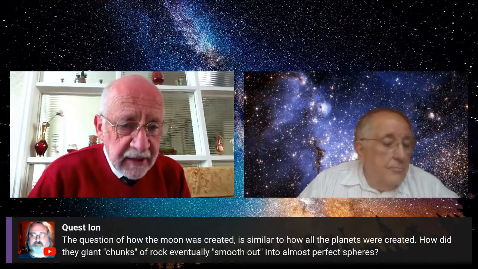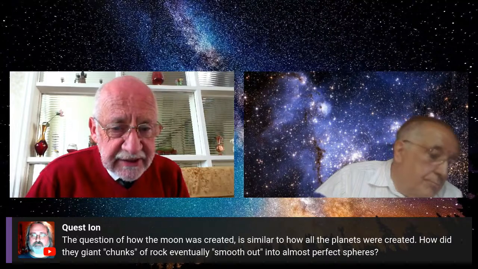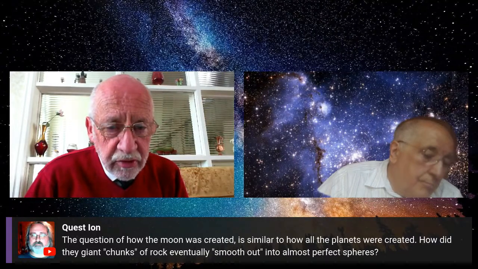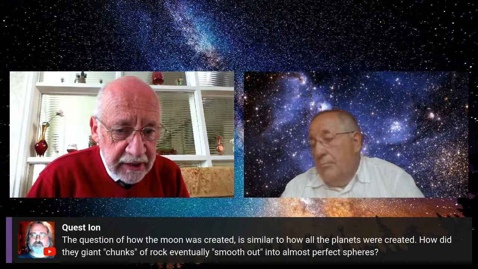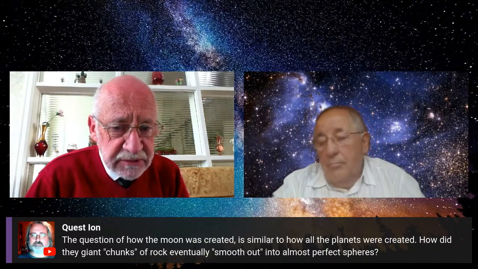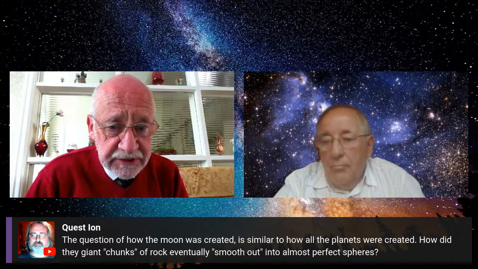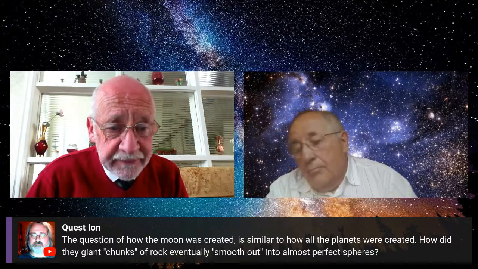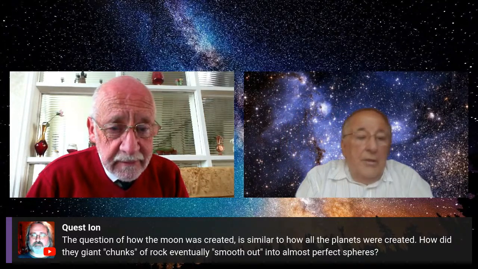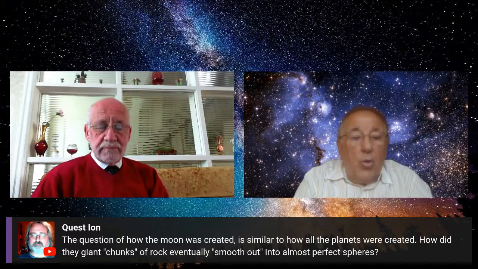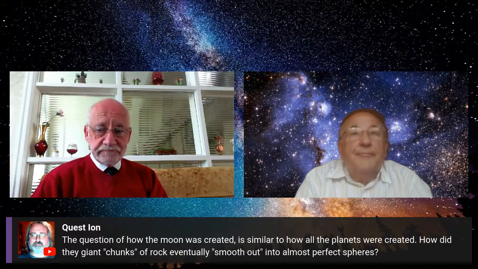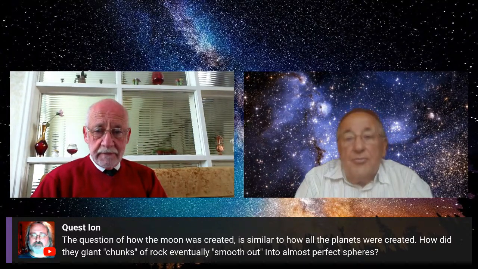Maybe here's one. He says, the question of how the moon was created is similar to how all the planets were created. How did giant chunks of rock eventually smooth out into almost perfect spheres? How did they? Look, it's a little bit difficult for me to understand the question, but I don't know what to tell. Yes, the moon was